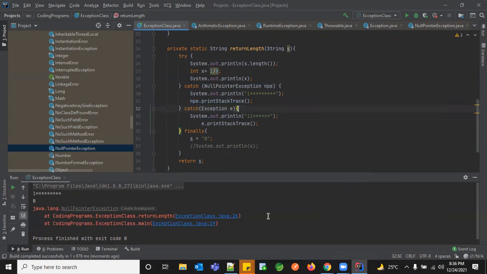So what happened here for you? First it went to null pointer exception. So you got a null pointer exception here. And after that, you're actually planning to use this piece of code to be executed. But this is not within a try block.